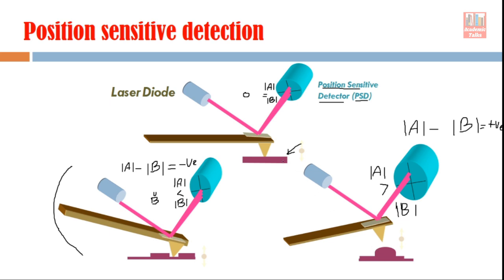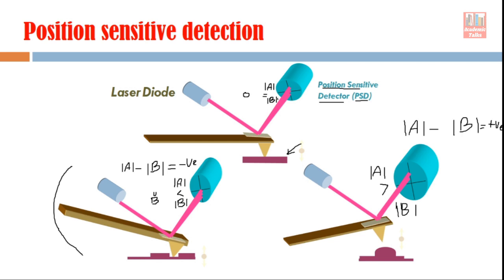So that way, whatever features are present on the sample surface, whether there is a valley and how deep that valley is, or whether there is a hill and how high that hill is, that will decide how much vertical deflection there is, and that deflection is converted into an electrical signal with the help of this optical detection mechanism, which is implemented with the help of this laser diode, this reflective coating on the back side of the cantilever, and this detector, which is a position sensitive detector.